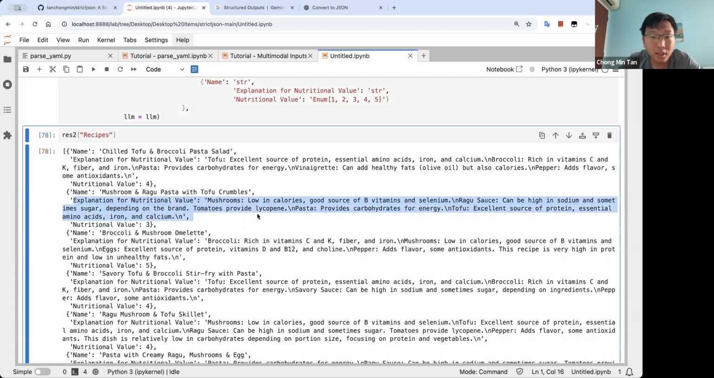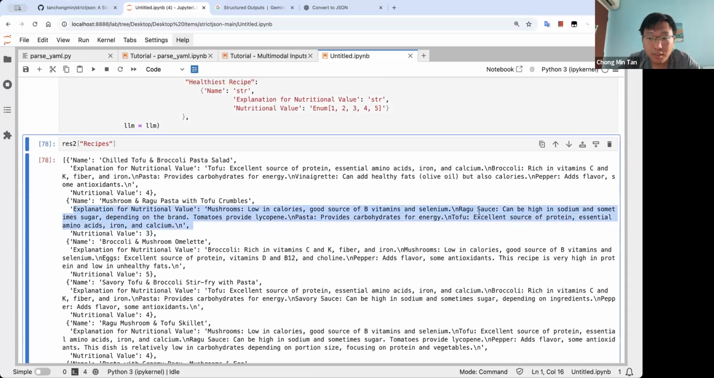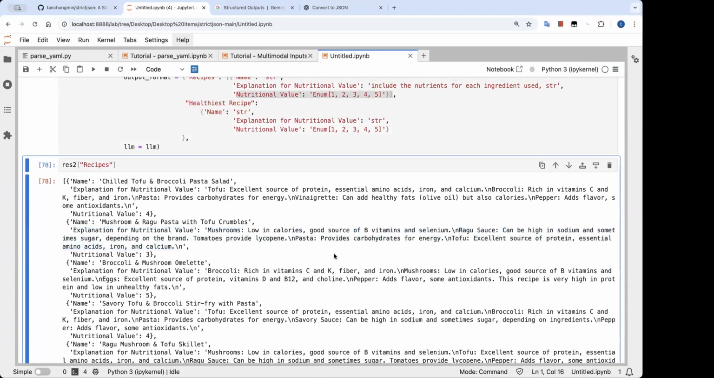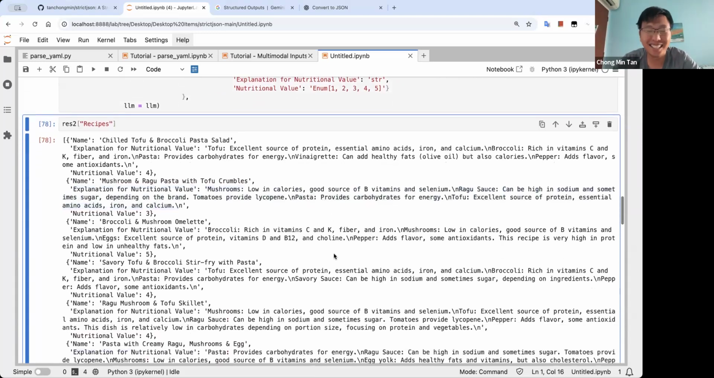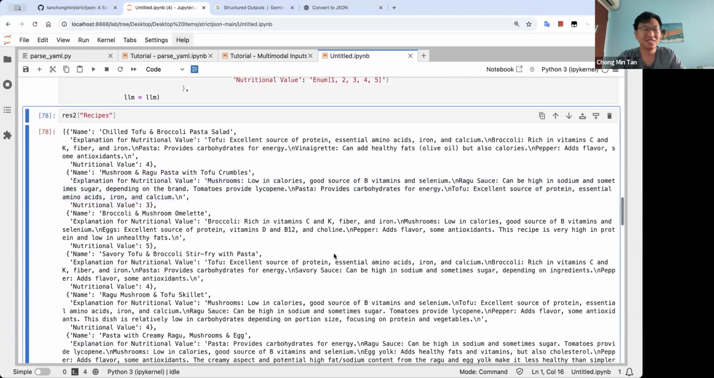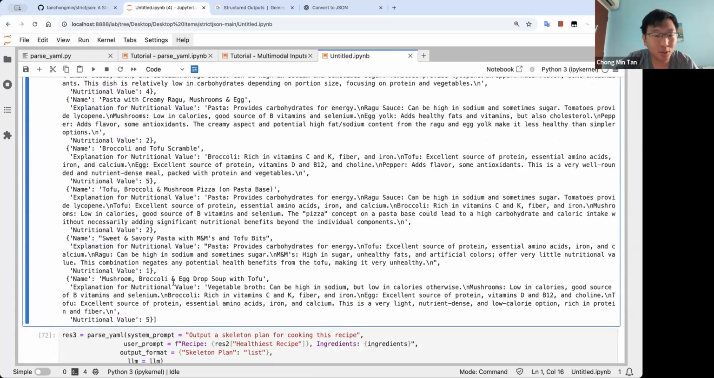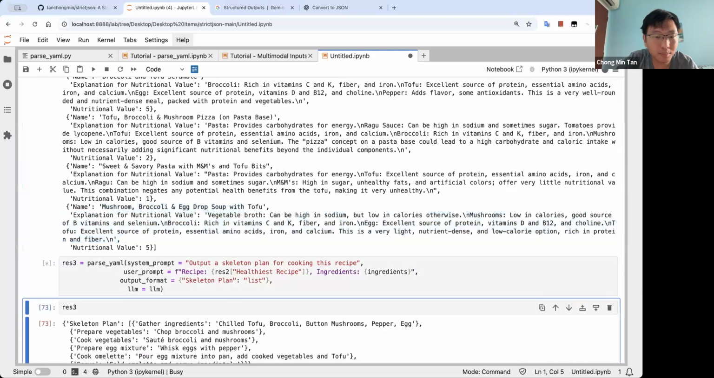So over here, low in calories and ragu sauce. Doesn't look very healthy, ragu sauce. Can be high in sodium and sometimes sugar. Hey man, okay, that's the US for you, man. That's how we love it. Big and greedy. Yeah, so you can see over here, this is the stuff. And this one looks like the healthiest, egg drop soup and so on. So you can see that,